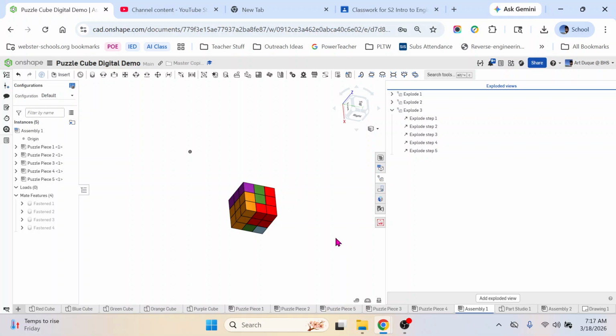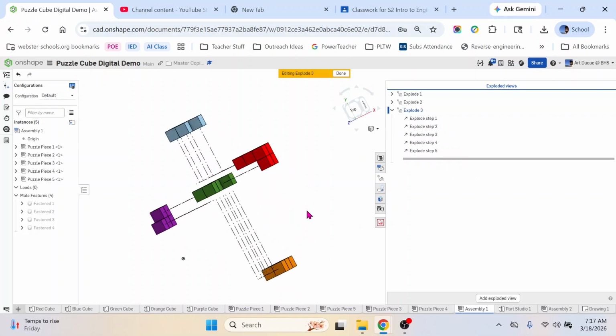Right? So this is your cheat sheet. This creates your solutions to how to put together your puzzle cube. Because inevitably you're going to need to figure out how to put it back together. And if you're like me, you're going to quickly forget, especially after a few days, few weeks, few months. You're not going to remember. So these exploded views will help you figure out how to put them